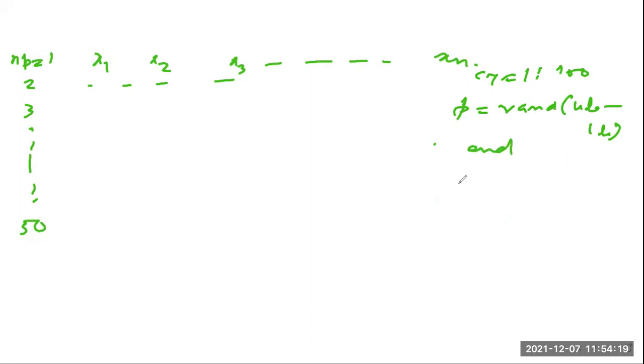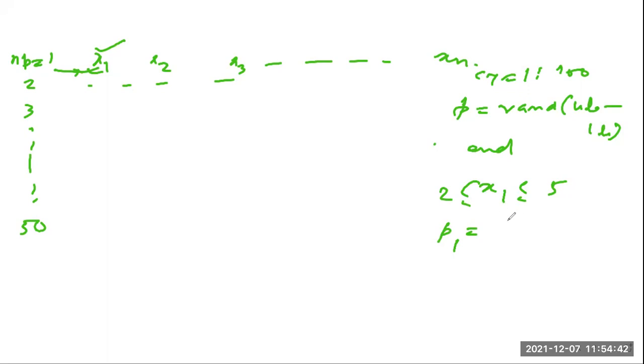So let us say you are taking variable x, and x is between 2 to 5. In the first cycle, this variable will be p1.